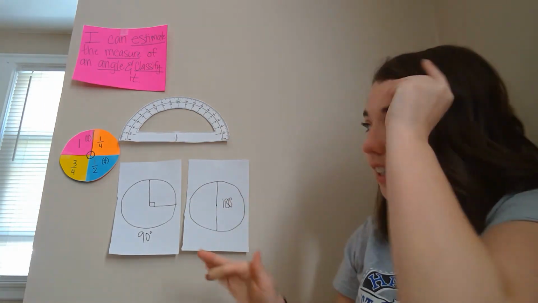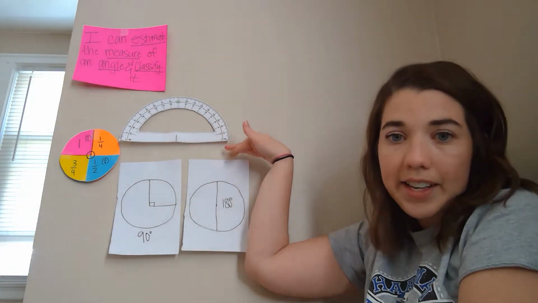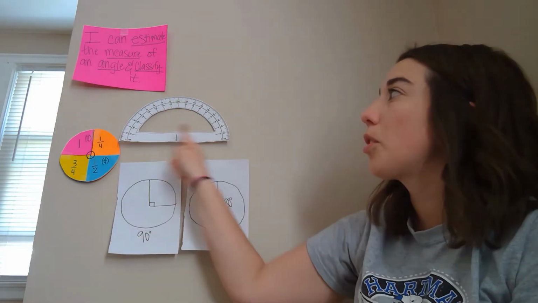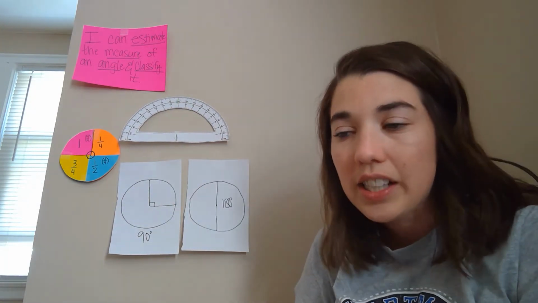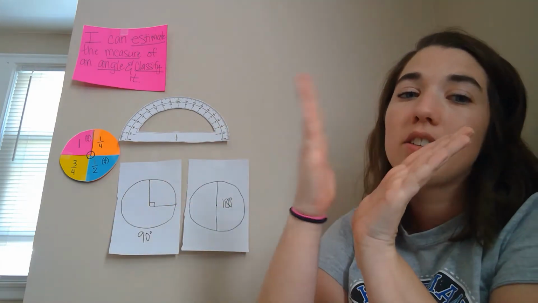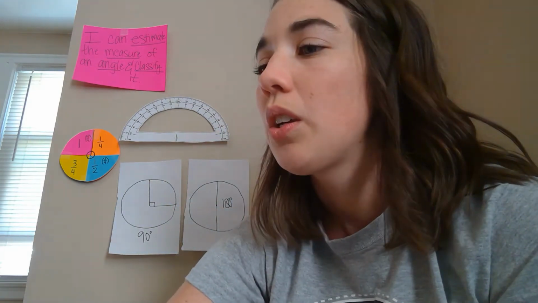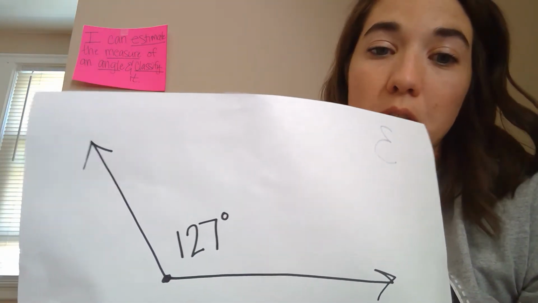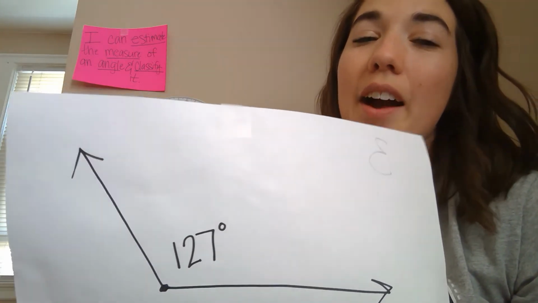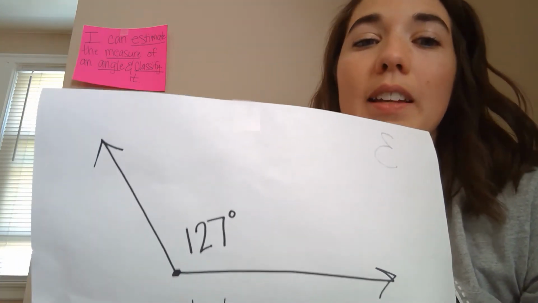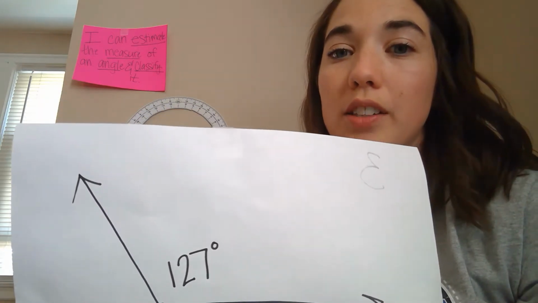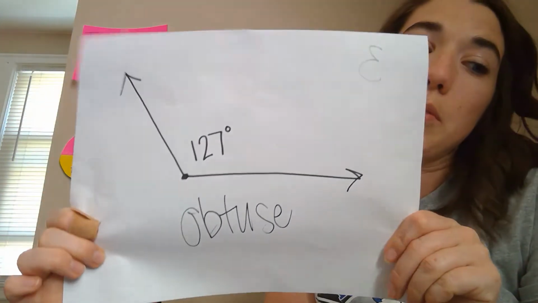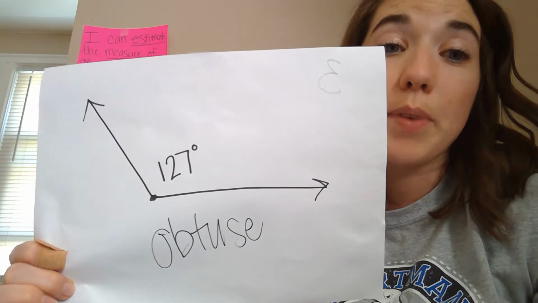Okay. So now that I know this would be a straight angle, 180, no matter which direction it goes, as long as that angle is straight, and if I have a corner, no matter which direction, that it's 90 degrees, we can now start thinking about all the angles that would fit in between those two. So, for example, if I had an angle that was 127 degrees, I can look at that number and think, is it acute, right, straight, or obtuse? So I'm taking that measurement, 127, and deciding that it would be an obtuse angle